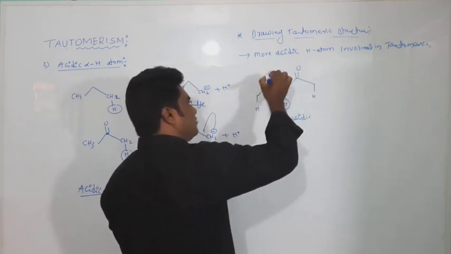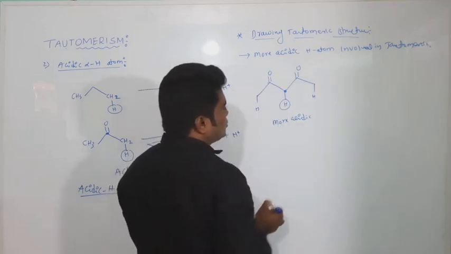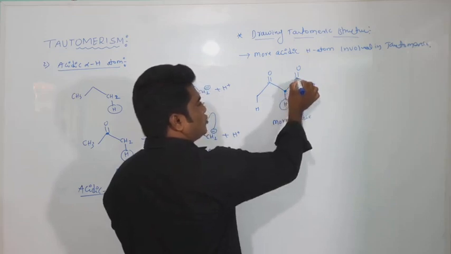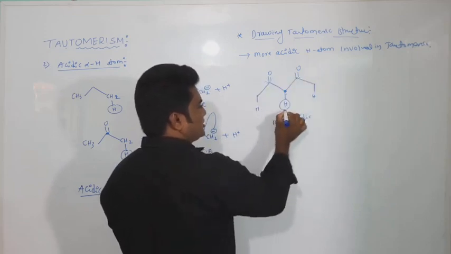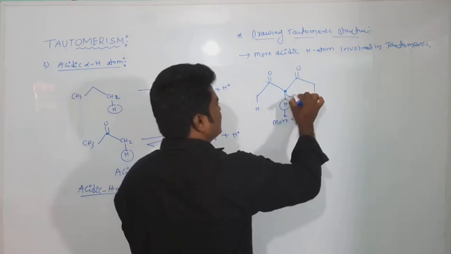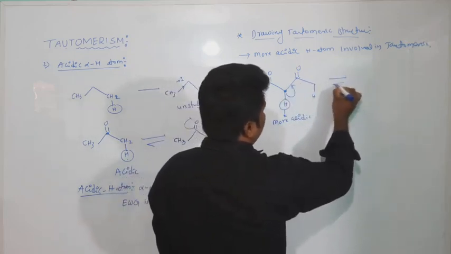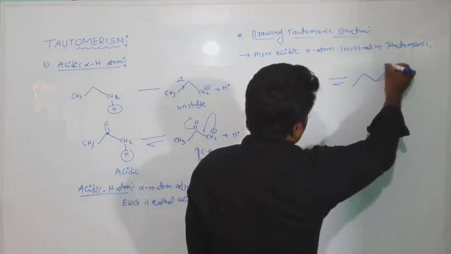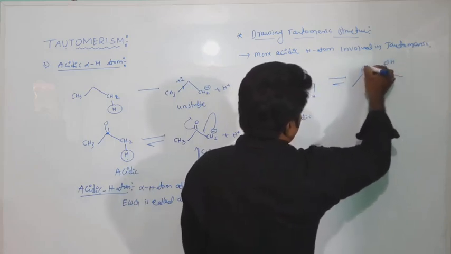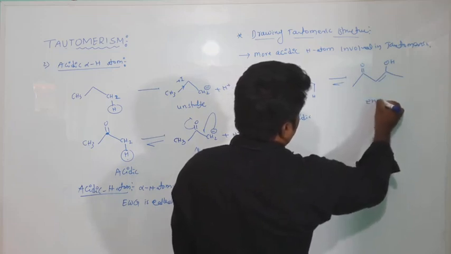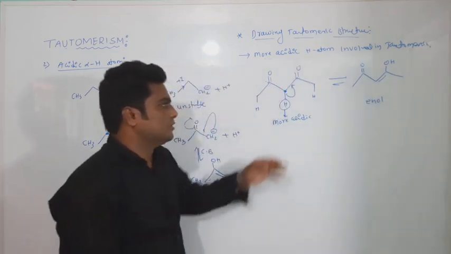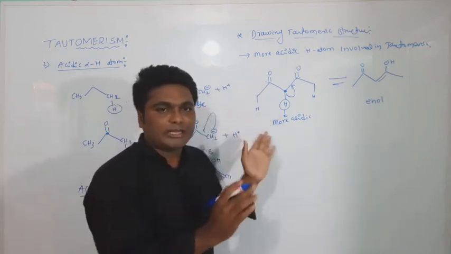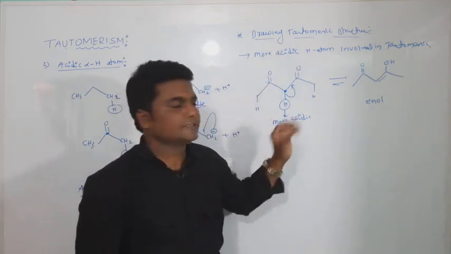This is adjacent to only one electron withdrawing group. And you can also say after giving an H plus ion, the conjugate base is more stabilized by two electron withdrawing groups. So this is what? More acidic hydrogen. Now here see, you will get the tautomeric structure. How do you write it here? See, this is a double bond. This is OH. Now here, this is OH. This is what? Enol. I haven't yet explained which is more stable, enol or ketone. Understood? And there are types of tautomers. I'm just explaining how to write the tautomeric structures.